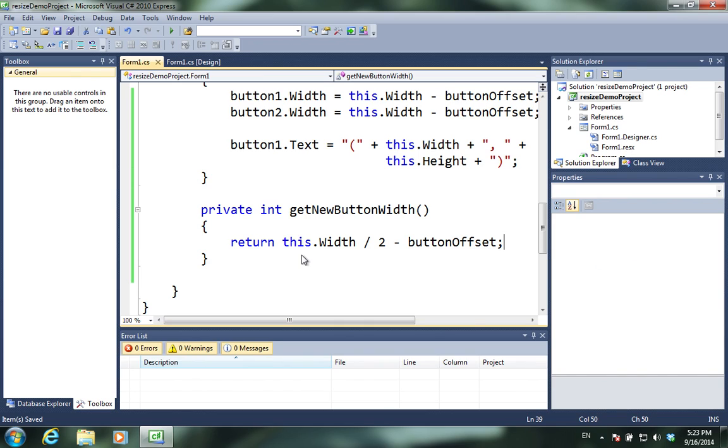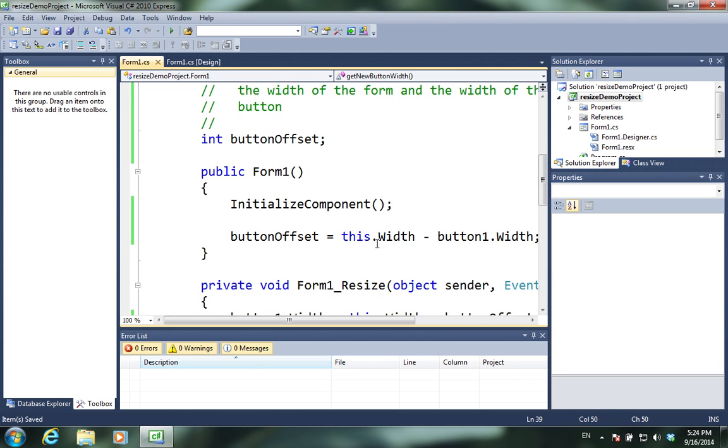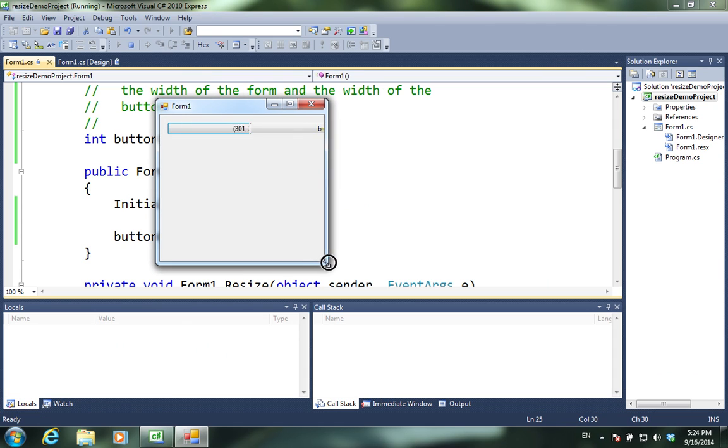that will take care of how wide the button should be. And this button offset is going to be a little bit more complicated than before. And it also should take into consideration the space between the buttons. So when we come up here, this button offset is based on how they're laid out. Instead, what I'm going to do is, instead of going with the width of the button and the width of the form, this button offset is simply going to have an offset of 20. I'm just going to create a value for it. So when we resize, the button is going to be offset by 20. When we run our program, we'll see,